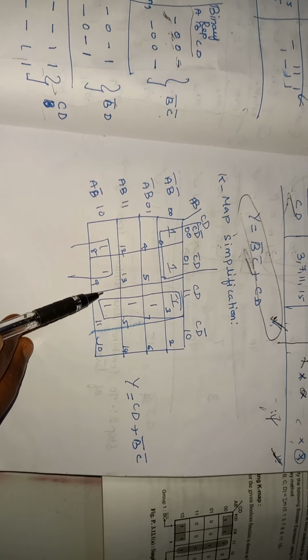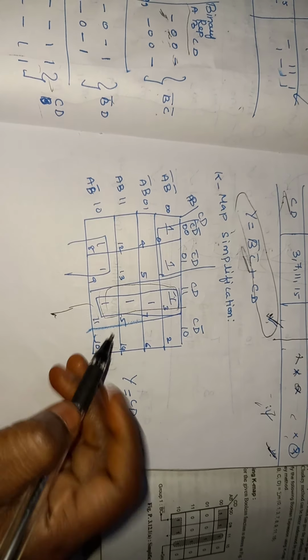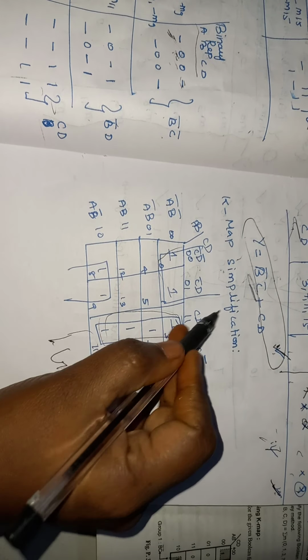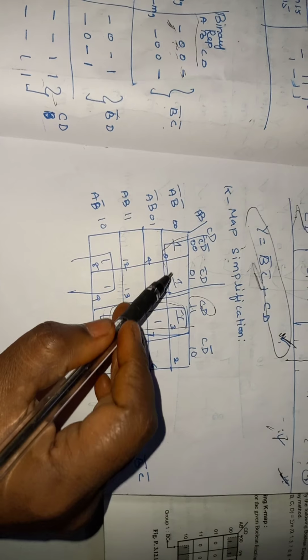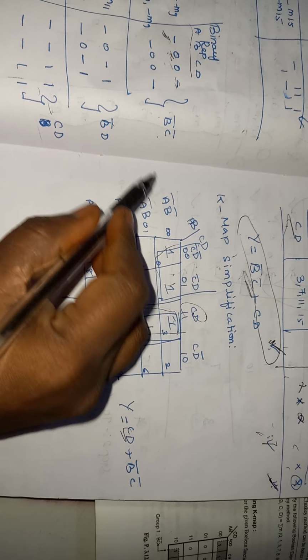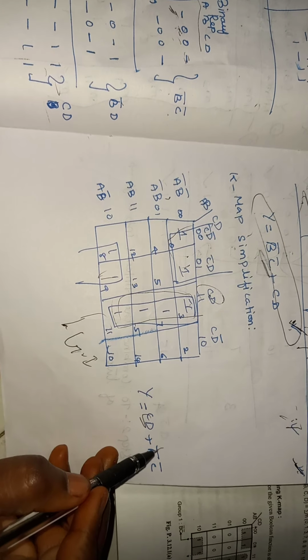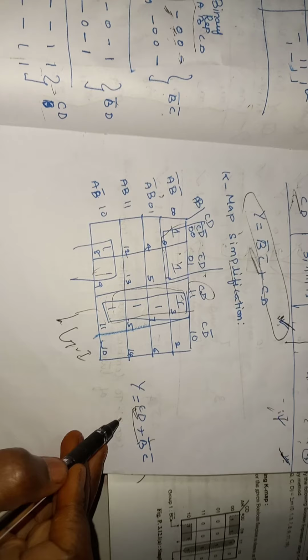So there is a 4 possible combination. So we can combine this as one group, group 1, this as one group, this as another group. If you are simplifying, you will be getting CD only. If you are simplifying, row wise, column wise, you have to check. Here the common term is B bar and here the common term is C bar. So this is the answer. This also same. So this way you have to combine them.